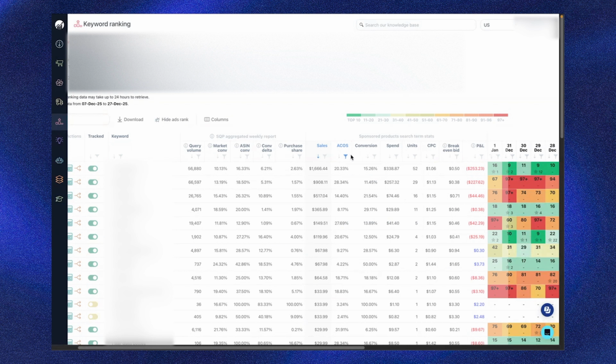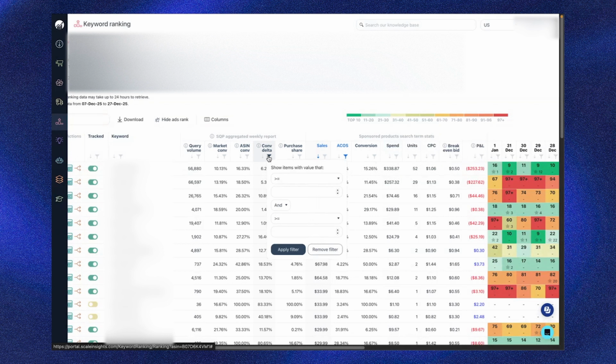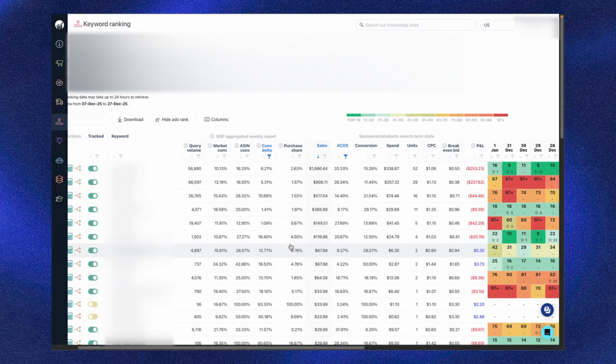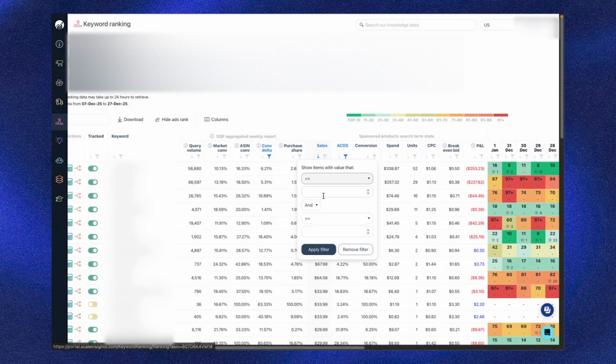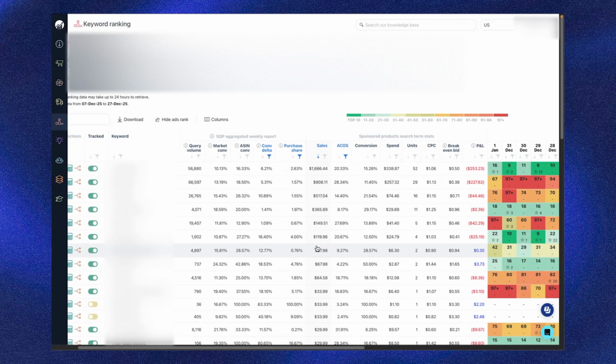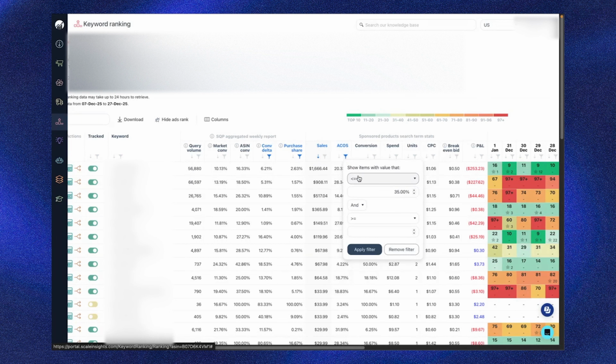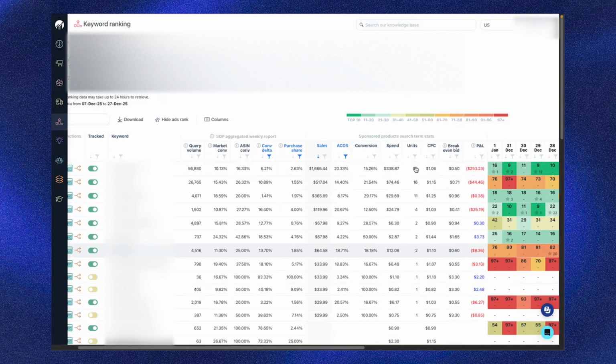So let's look at everything, let's say, under 25%. You could also look at everything over 10% conversion rate. What I also like to look at is everything where we're clearly performing better than the market, according to Amazon. Again, that's not my opinion. That is according to data from Amazon, which is why I love the Search Query Performance Report, which is obviously the most credible report. And then, let's look at everything under 25%. And then we could also look at our averages here for the CPC.